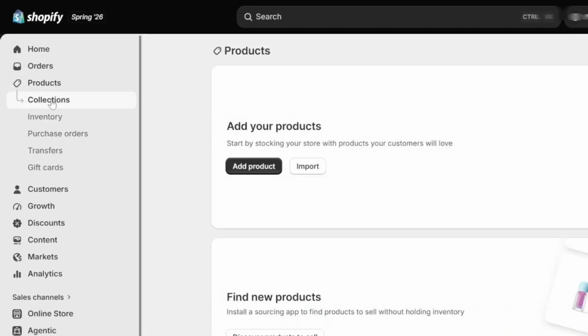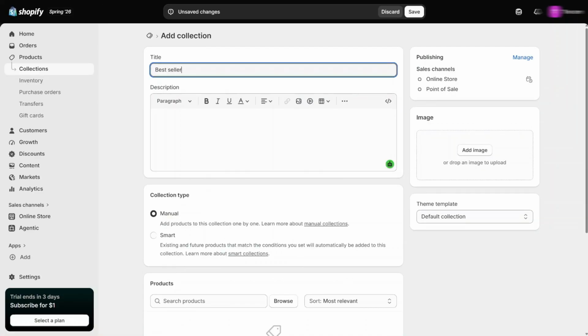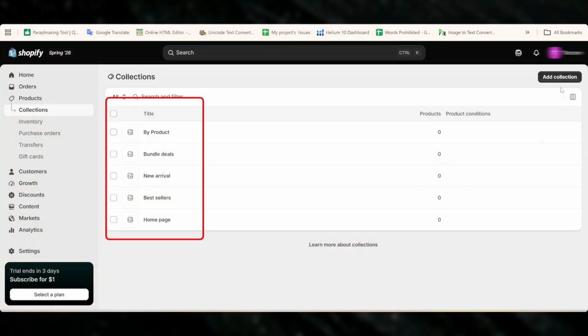Collections are how customers navigate your store. Think of it this way. If someone lands on your store and can't figure out where to go in the first 5 seconds, they leave. Collections fix that. So go to products and then collections, click add collection. Examples of collections that actually work are bestsellers, new arrivals, bundle deals, by flavor, by type, by size, depending